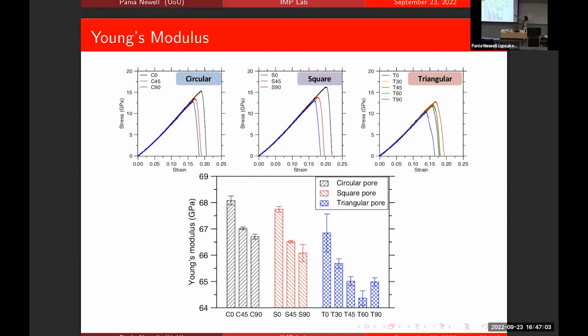And the reason for that is because the circular and square cases have the symmetry. In the triangular case, you are breaking the symmetry of the system. So therefore, we don't see that. And again, when you go back and look at the ligament length and all of those, you see that the explanation would be more clear. So overall, for the Young's modulus for the circular and square case, which have the symmetry, by increasing the orientation angle of the crack, or the pre-existing crack, there is a drop in the Young's modulus. For the triangular case, the smallest value corresponds to the 60-degree angle.